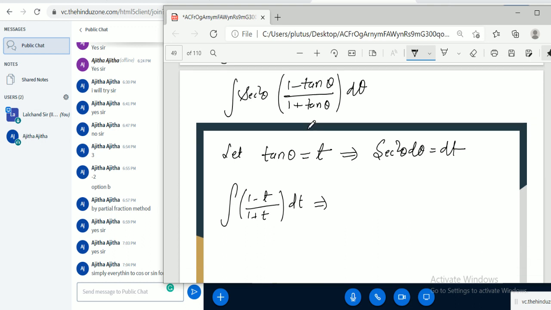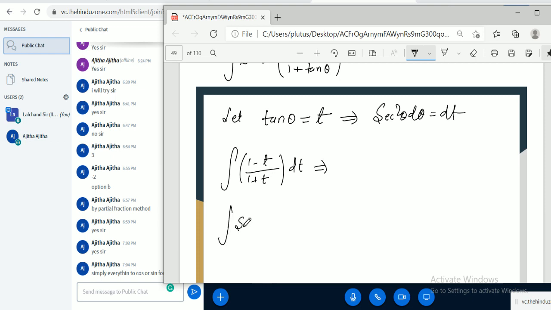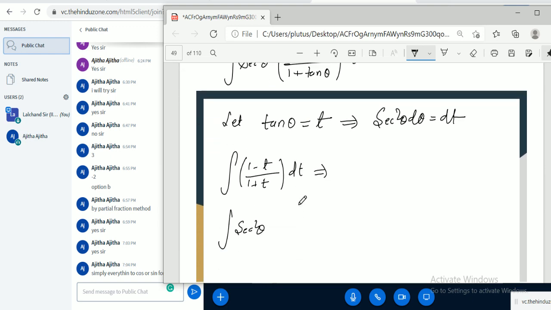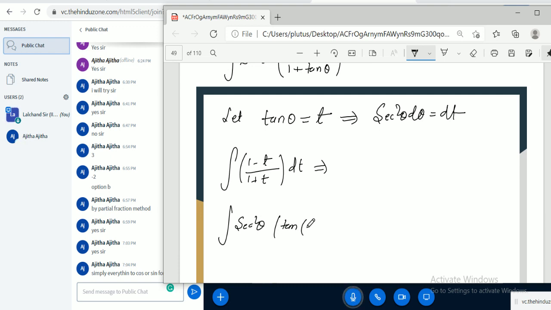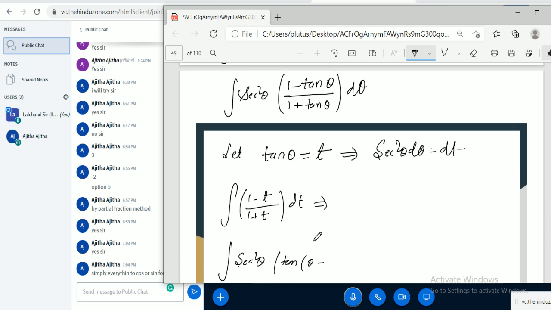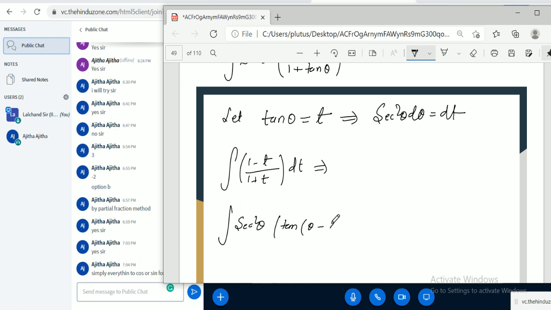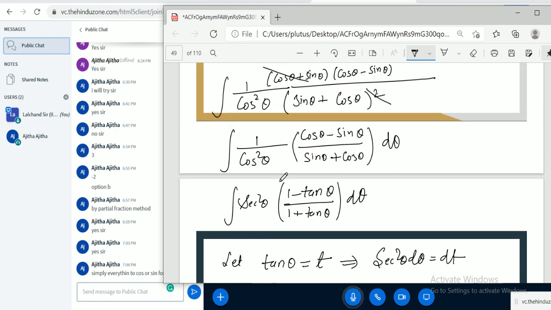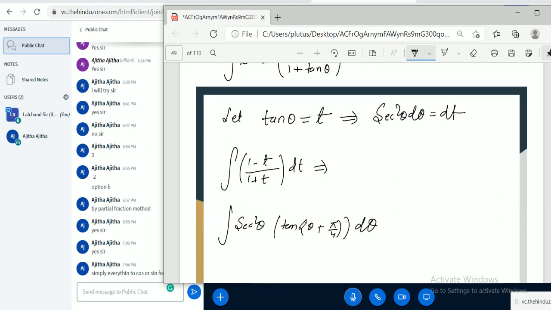Either we need to integrate this equation, or we can also rearrange this in another way by using the formula of tan 45. So we can also rearrange this, this is sec square theta d theta. So we can also rearrange this as tan of pi by 4 minus theta d theta. Okay, we can also write like this. So this is plus and this is minus. Okay, so now this will be simpler, I think, and the other will be a little bit complicated. So if we let tan of pi by 4 minus theta equal to t.